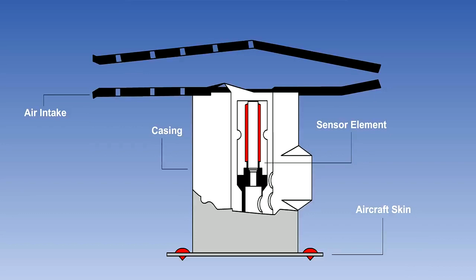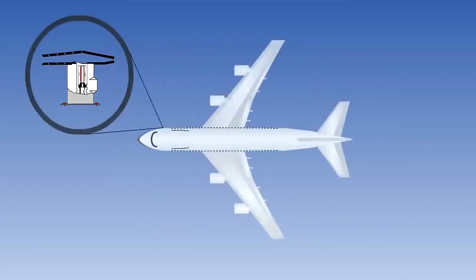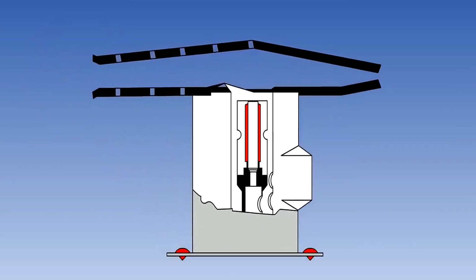Platinum is used because it has a very high rate of conductivity and gives a rapid response to temperature change. Platinum also has a linear resistance change to temperature change relationship, which makes it ideal for temperature measurement. The probe is fixed to the fuselage in a location which minimizes any boundary layer effect, usually the front fuselage. Boundary layer effect is discussed in detail within aerodynamic courses on principles of flight.